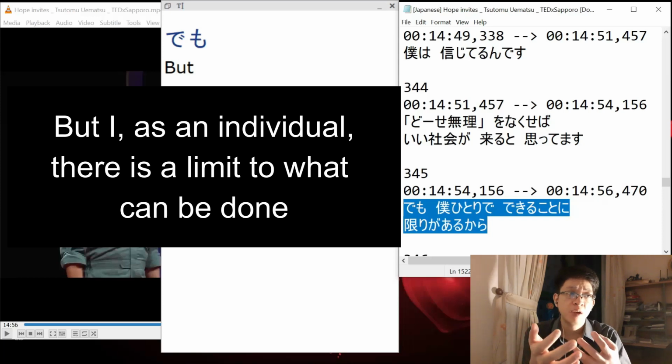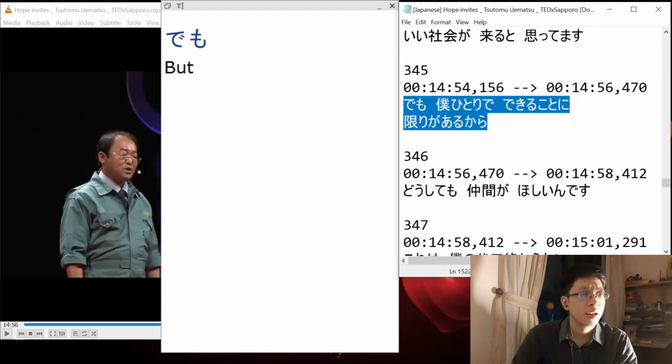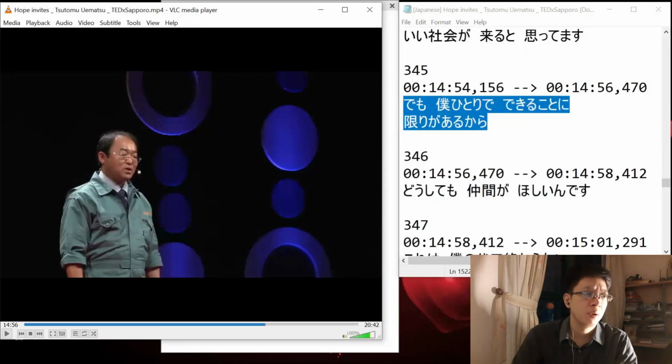I think society will be better if we stop saying anybody is impossible. Yeah, so just like to think there's a limit, right? So and then but I as a single person, there's a limit to what I can do. Yeah, and then doushite demo something hoshii in this. Okay, どうしても仲間が欲しいんです